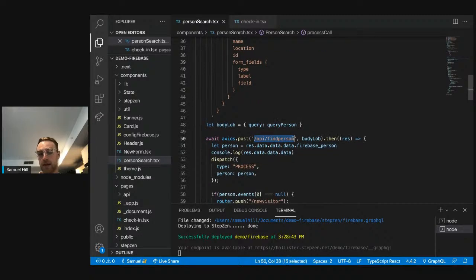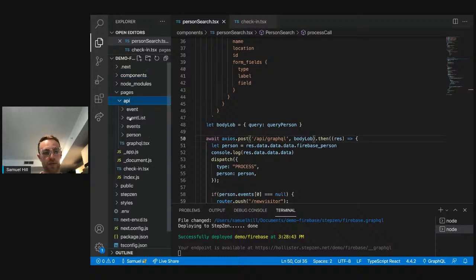And I'll take us to that page. And that's our Axios call. So Axios is posting to this find person page. And I actually need to update this. I think I updated that to GraphQL just so we had an easier standardization of GraphQL calls. So it's essentially this page. I changed it from find person to GraphQL just so it makes a little bit more sense. Our GraphQL page, so API GraphQL. So we're making that call here,